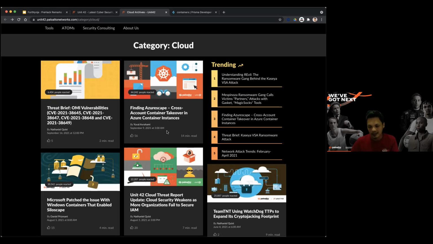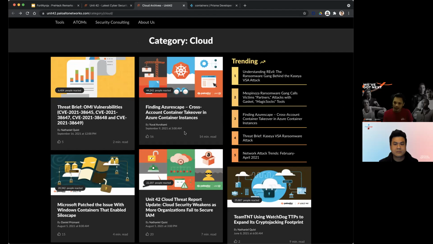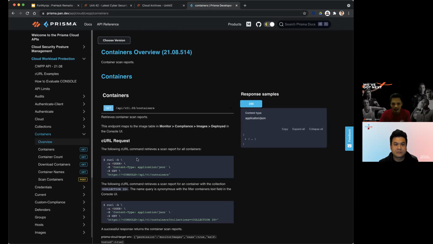As part of our research together with all the big CSP players, we found an ability to actually jump containers in this case. But it was never in the wild, so thankfully we caught it. We were all part of the good guys, white hat hackers in this case. So we worked very closely with our technology partners to make sure that, as we encourage applications to move to the cloud, that platform is just as secure as well. The other one, of course, is the API documentation.